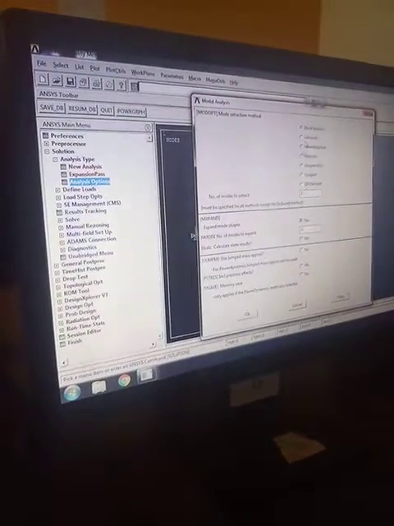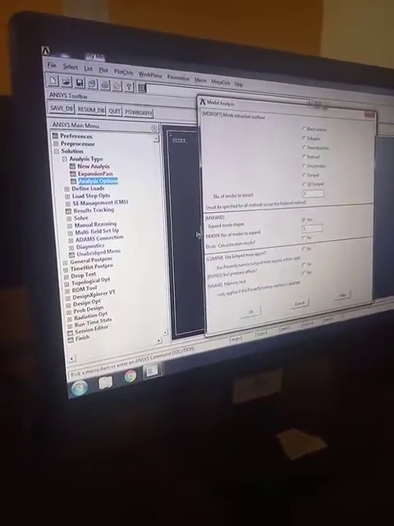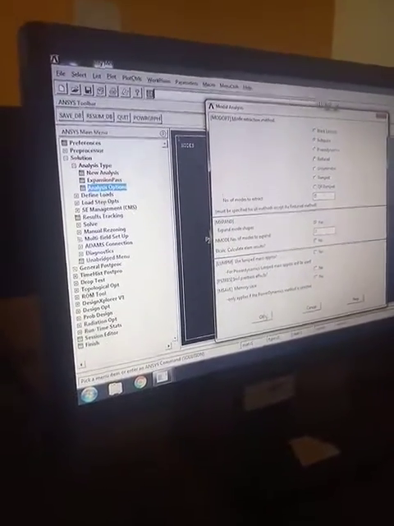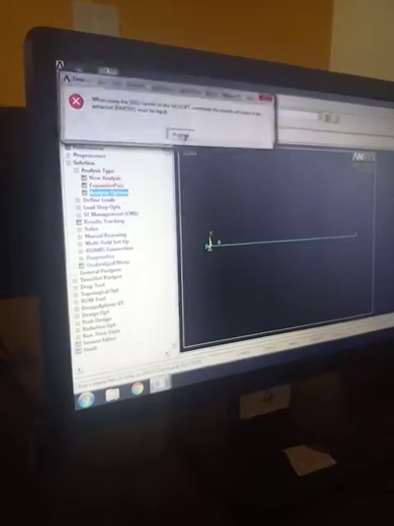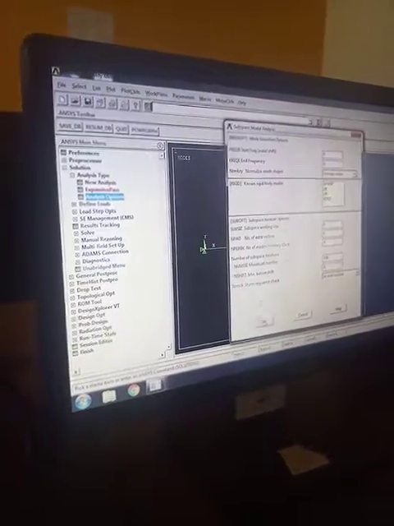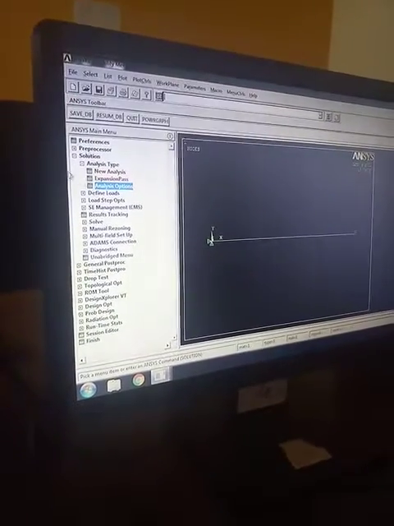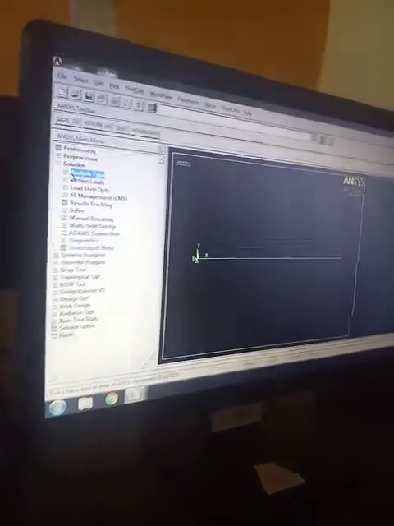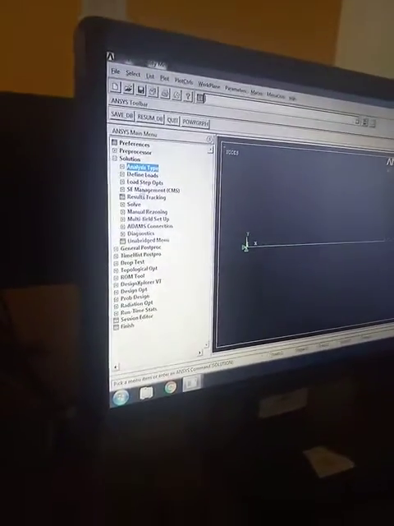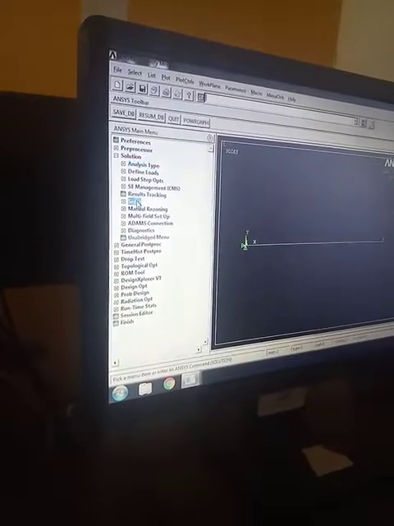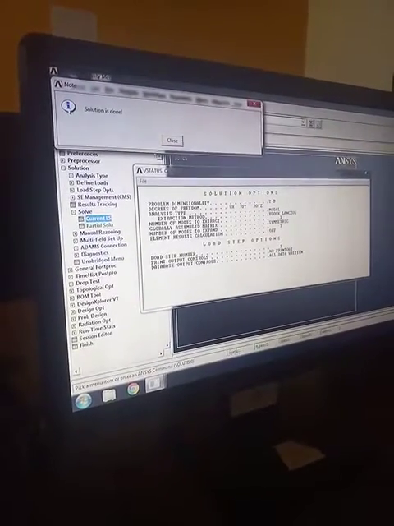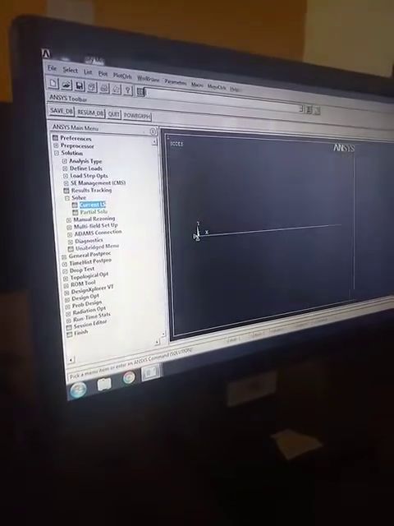Analysis options, subspace, number of modes to expand is 3 and give OK. Okay, then give OK. After that go for solution, solve, current LS. There is no loading condition for this. Go for solve, current LS, then give OK, you will get this solution done.